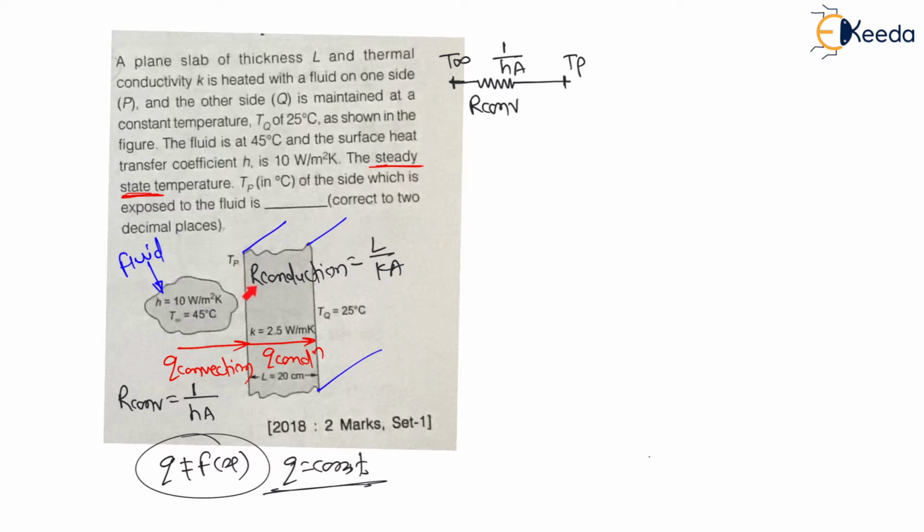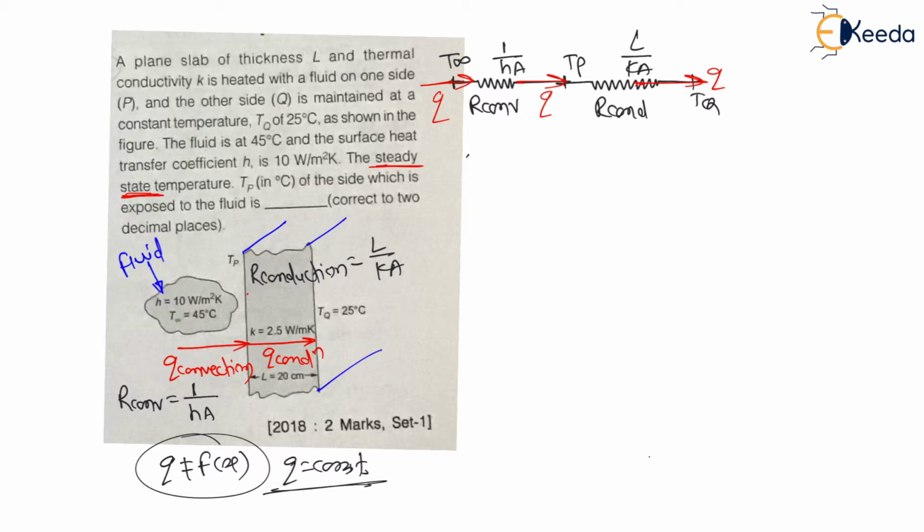And my dear students, from Tp to Tq, that is whenever heat transfers from the left end to the right end, there is a conduction resistance. Therefore, between Tp and Tq, the temperature at Q, there is a conduction resistance which is nothing but L divided by KA. Through this circuit the heat is flowing. This is the direction of heat flow, that is, heat always flows from high temperature to low temperature.